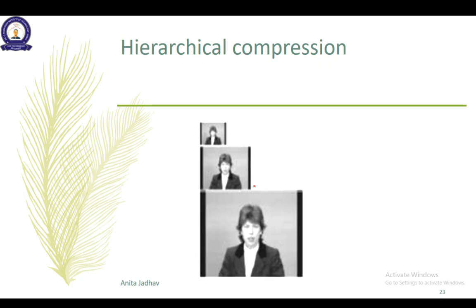I hope everybody is now familiar with the word JPEG, and you know what the different goals of it are, why it is more popular, and why it is effective, or why we can carry out JPEG compression. I hope all these things are clear with you. In the next video lecture, we will start with the steps to implement JPEG and the block diagram of JPEG compression. Thank you.